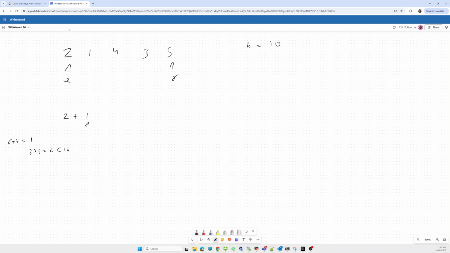So using these two, whatever the subarrays, this 2, then 2 comma 1, then 1. These three subarrays we can form. These two subarrays we considered previously when i is equal to 0. So these two are already considered. Now I have to consider these two subarrays when i is at 1.